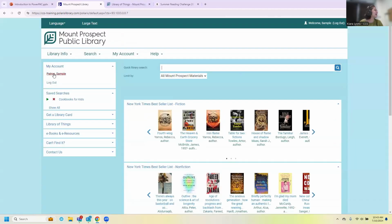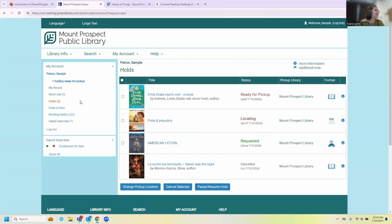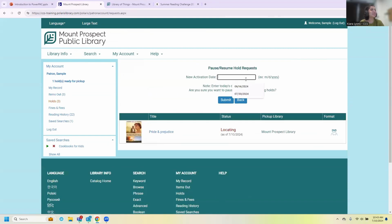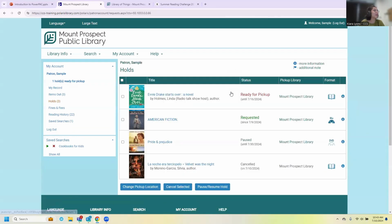All right. I'm just heading back to our account, going to my holds, and choosing to pause or resume this until the end of the month and pressing submit. So we get this change hold request. Activation date is now set to July 30th. You press OK, and we would see this paused status, and it'll tell us what date it'll be